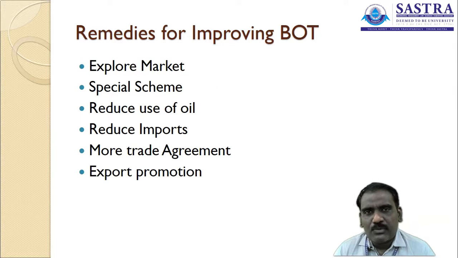Reduce the imports. Whatever product is required should be manufactured in the home country itself. Then it is going to reduce the imports. It means our country's currency will be strengthened if you are not importing. So we need to concentrate on reducing the rate of importing compared to the previous one. Only the essential goods are to be imported, not all goods. Then the balance of trade will become favorable to the country.